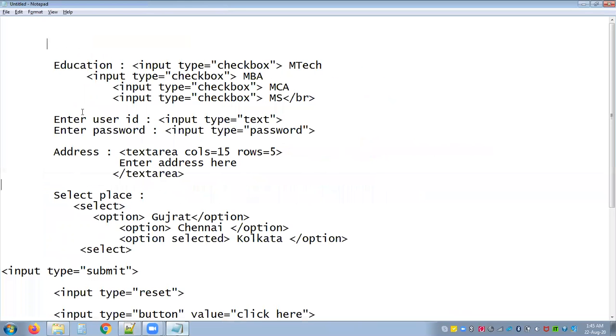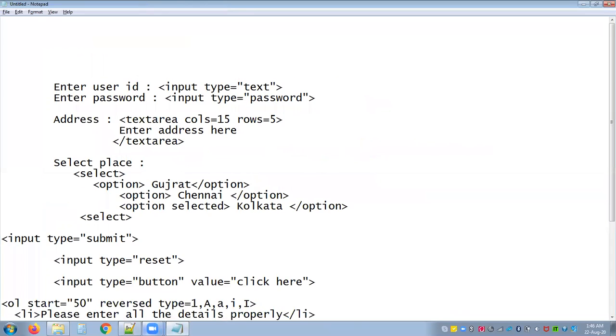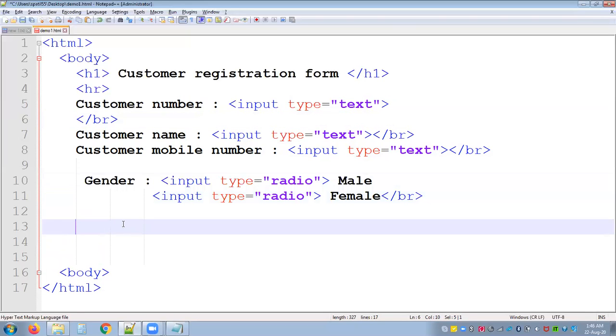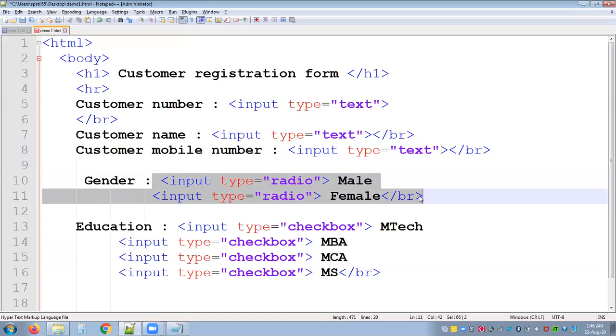Now, what about the education? Education will be the one in which I'll have multiple options. If I give checkboxes, I can give multiple options. The user can select only one option or more than one option. But for the radio button, he can select only one option. But if you execute this form, you will be able to select both the radio buttons.